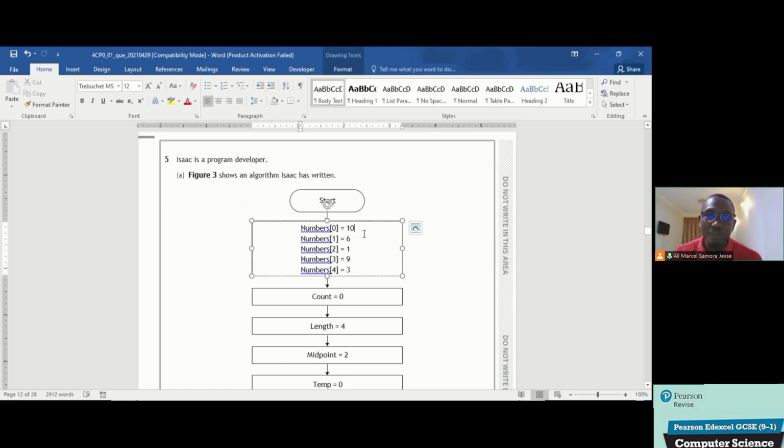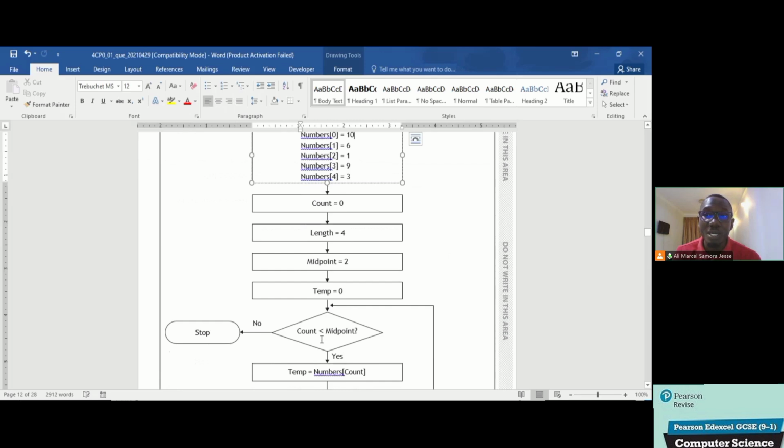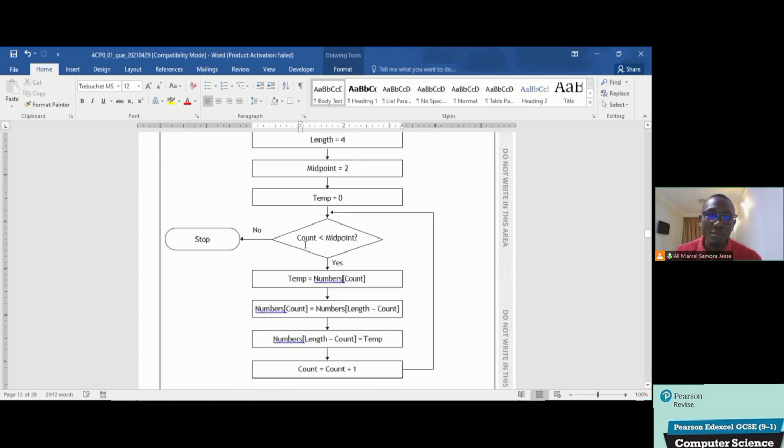Then the algorithm says count equals 0, length equals 4, midpoint equals 2, temp equals 0. What is temp? Someone might be asking. Temp is a temporary variable. A variable is a number or a value that can change, or a place where a value can be held. So the algorithm says count less than midpoint? If no, stop. If yes, temp equals number count, number count equals number length minus count, number length minus count equals temp, count equals